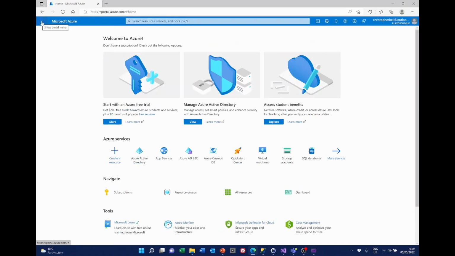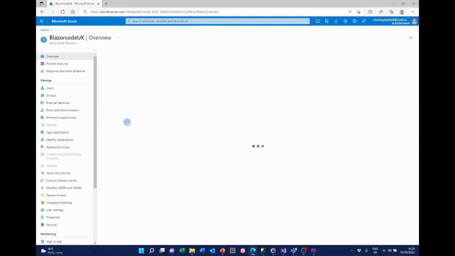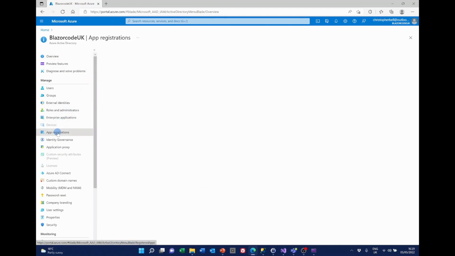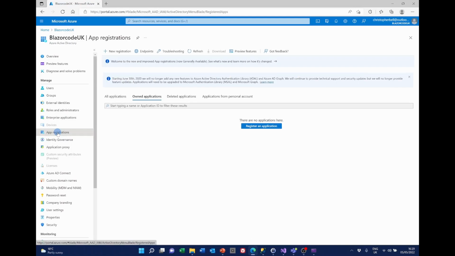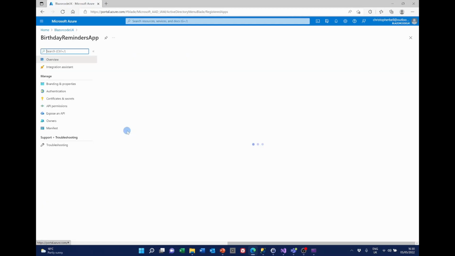We now click the menu button up here and select Azure Active Directory. When that pops up, we then select App Registrations. And here is our Birthday Reminders app. We open that,